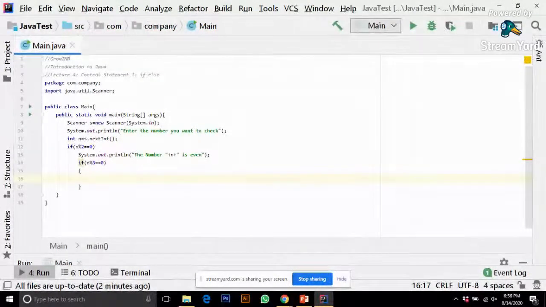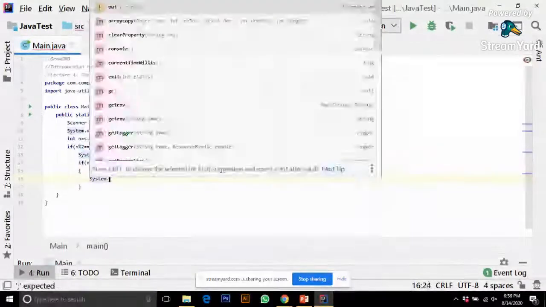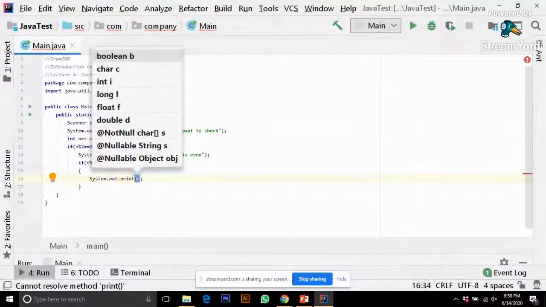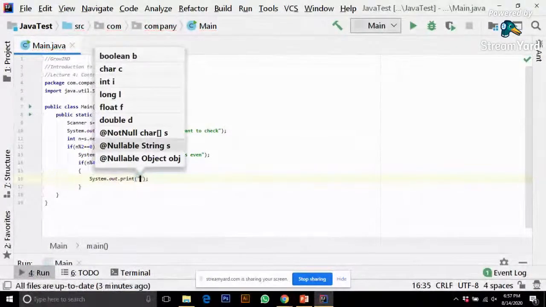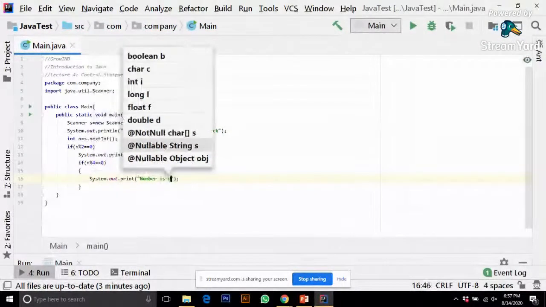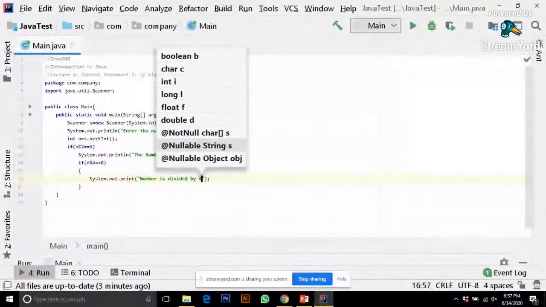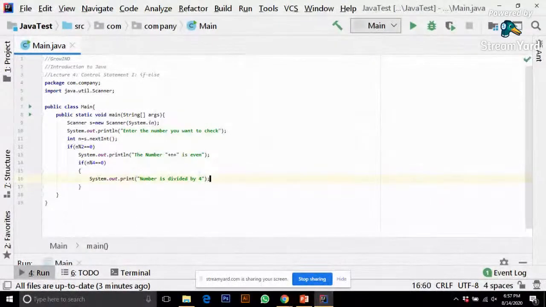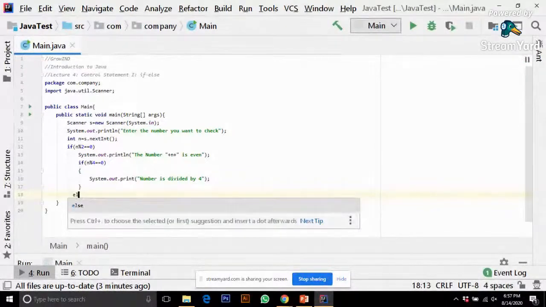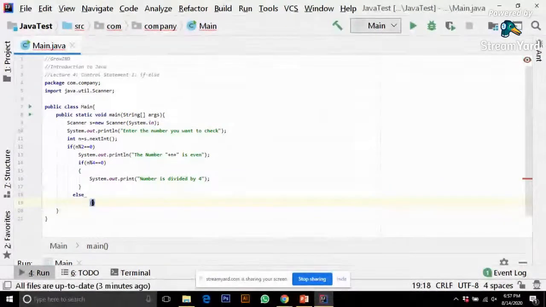We all know that it would be not. Let's type it for not. Then System.out.print, and I would give the else statement there. Else,